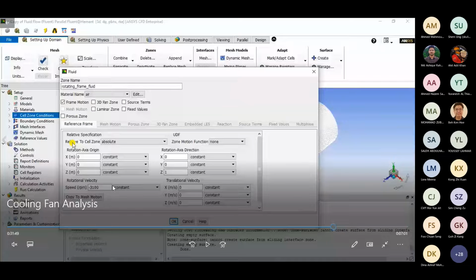I want it to be anti-clockwise because my flow is going in the negative z direction. As you can see, the flow is from left to right. That's why I have kept my speed as minus 3100 rpm.